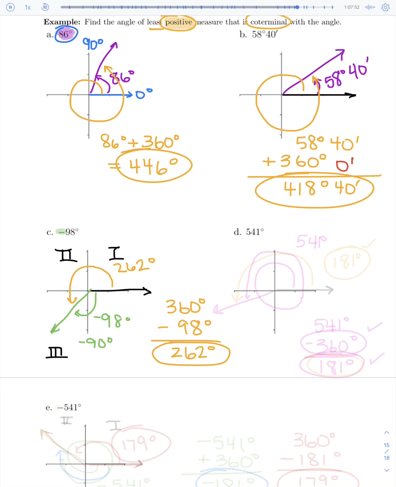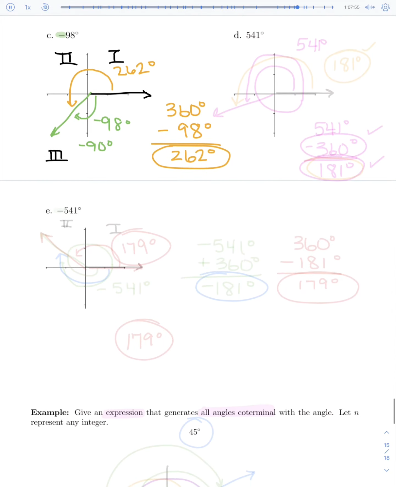Okay. Let's take a look at a couple more. Let's take a look at problem D. In problem